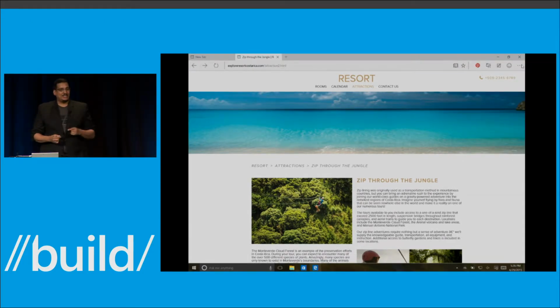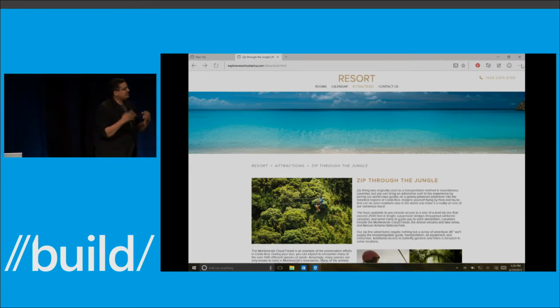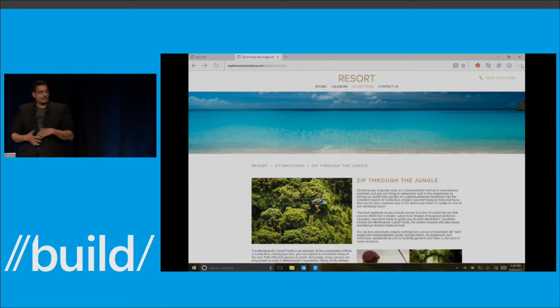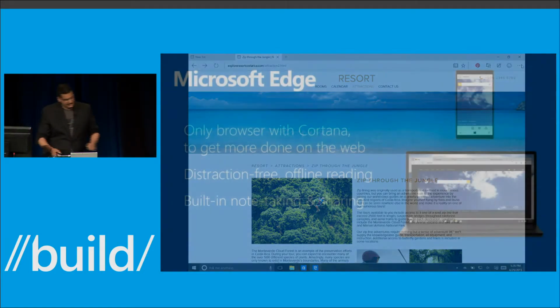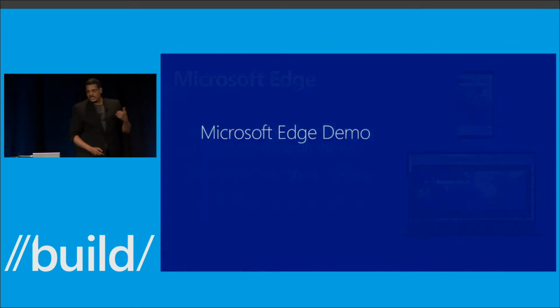Okay, so that's the core features: Cortana, reading, and annotation. And these are three areas that we've tried to create some interesting and differentiating scenarios around. And really, try the product and let us know what you think. I think we're going to switch back to slides. So in addition to that,